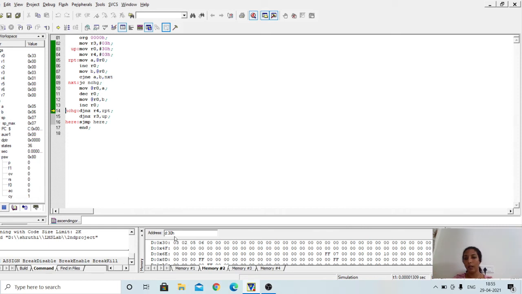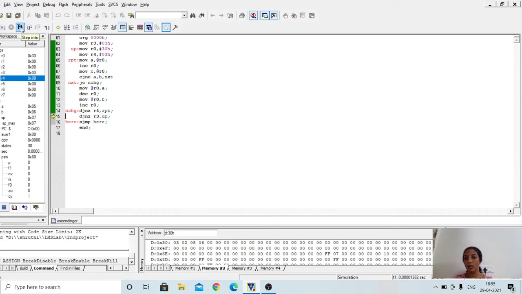Now you have to again start the comparison from the beginning of the array. So R4 will become 0 now after decrementing. Since it has become 0, the condition becomes false and it won't jump to this label. Instead, the next instruction is executed wherein R3 is decremented. Once the complete array is sorted once, R3 is decremented.